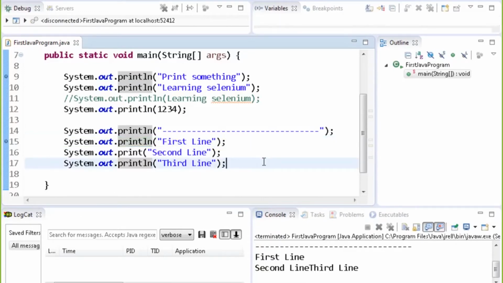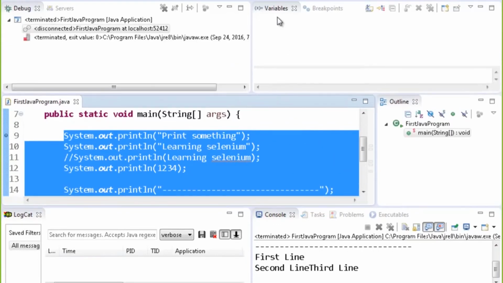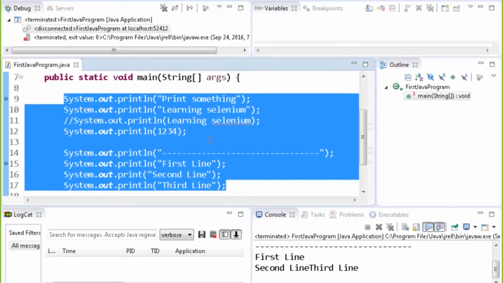The advantage of debugging is that suppose you are running a big project and some error is coming up. You don't know where the error is coming from. So what you do is put breakpoints over there and then analyze the program. You can check the state of all the variables you have declared. We will see variables and data types in some time and you'll get to know about debugging in more depth.